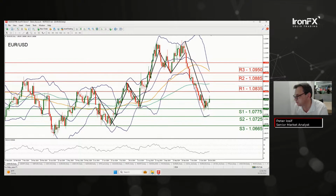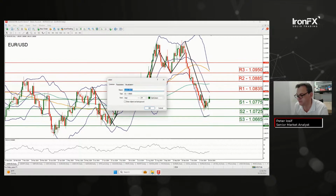In such a case, we would be noting practically this shoulder here as a level which would be considered the deepest trough since the beginning of August. On a fundamental level, Euro traders are expected to be very busy today. We have a number of financial releases. We had a number of financial releases already, and let's go through them, but let's finish off first of all with the chart,